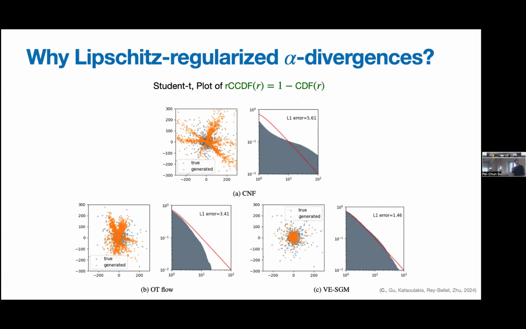On the other hand, if you look at other generative models such as normalizing flows, which is basically KL divergence without Lipschitz regularization, it's not that good. And here is OT flow, which is based on KL divergence with Wasserstein 2 regularization. As I just mentioned, the Lipschitz regularization in the primal form has an equivalent formulation to W1 regularization, right? So if you replace W1 by W2, it's not as good either. And here is the famous diffusion model, the score-based generative model. This looks fine in this example.